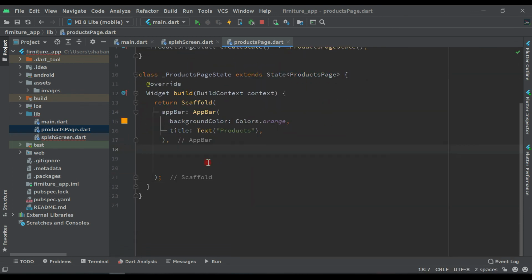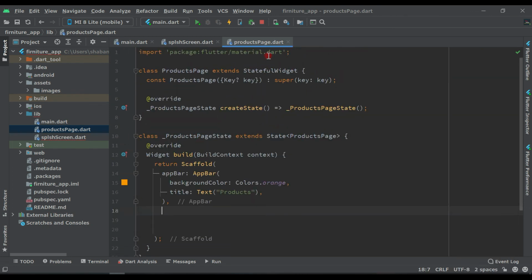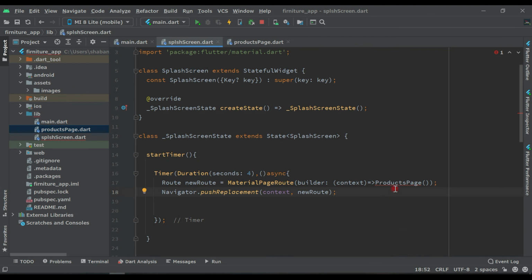So this is our basic product page, so that we can jump here from the splash screen, and click here and import this library.